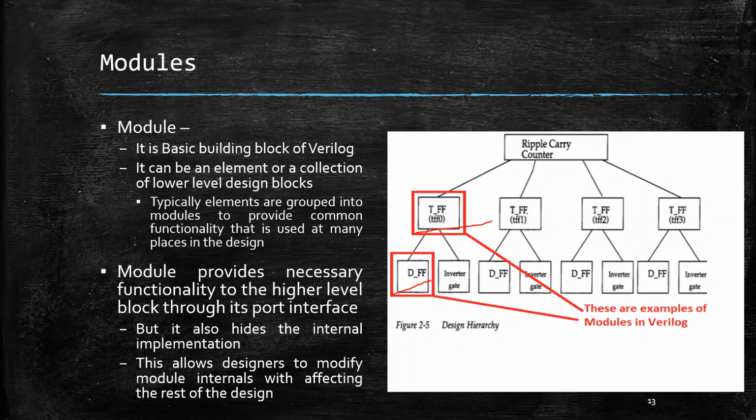So here, if I just have to realize the functionality of this one, it is to provide the T flip-flop result. The function of this one is to provide the T flip-flop result. How you're doing it is left up to you. In this case, how we are doing it is we are using a D flip-flop and an inverter in order to implement the functionality of the T flip-flop.